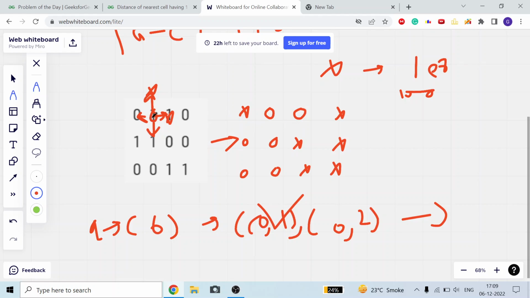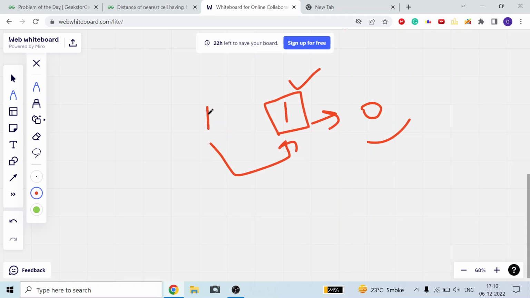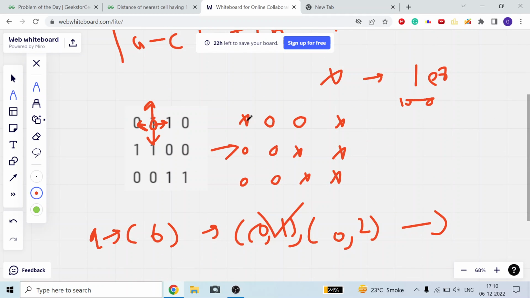If I went here from here, then that distance would be equal to 1, but it already contains 0, so it will remain 0. It means I don't need to go from this one, I can only stay here because I already have a smaller distance. What I am trying to do: this block's minimum distance from a one has two possibilities, either 0 from this one, or 1 from that one. So it will take 0. Why 0? Because 0 is the minimum. Okay guys, so it will take the minimum distance.